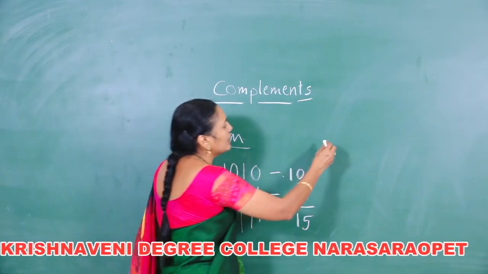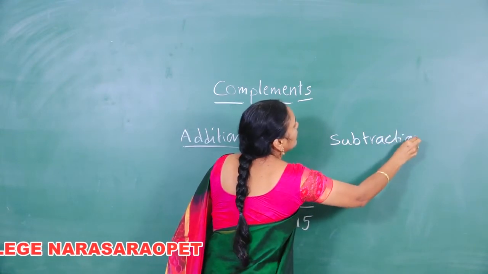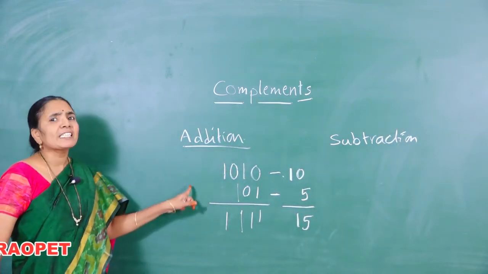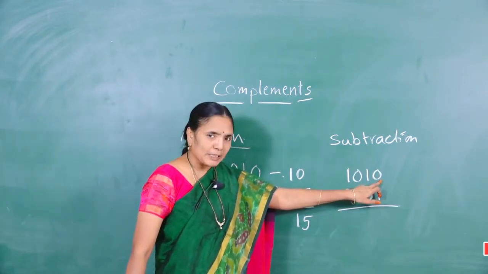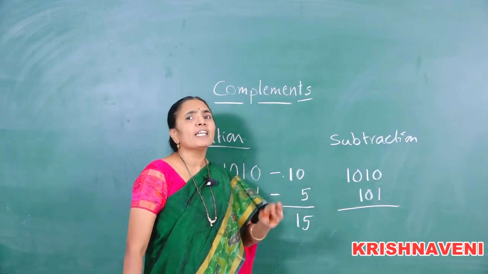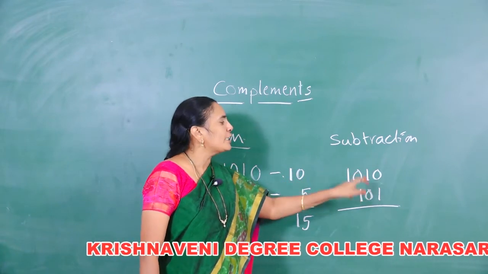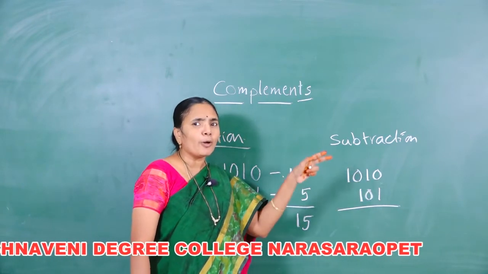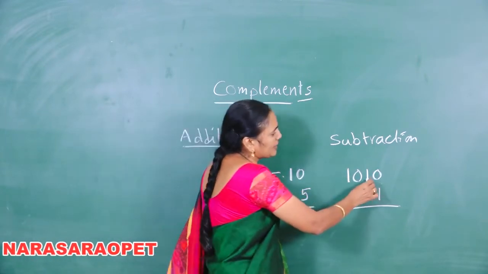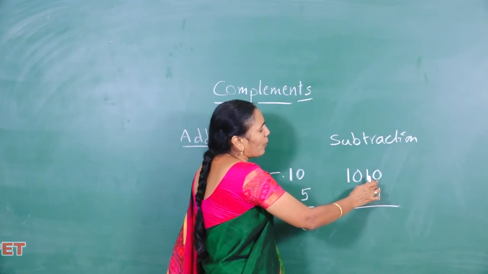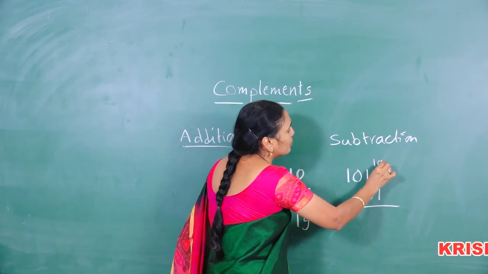Now, let us move to the subtraction. For simplicity, let us take the same numbers. We have to subtract 1 from 0, which is not a possible thing. So, as we have seen in our decimal subtraction, when we have to subtract a larger number from a smaller number, we borrow a digit from the previous number. So, likewise, from 1 we try to borrow 1 digit to 0, which becomes 10.